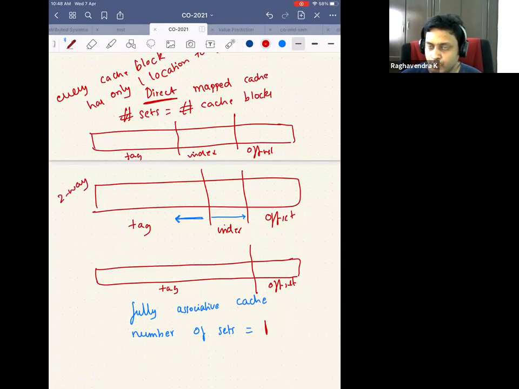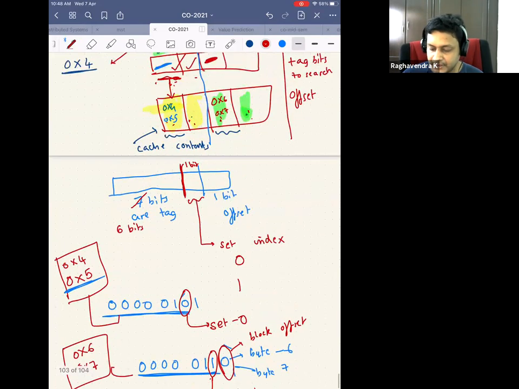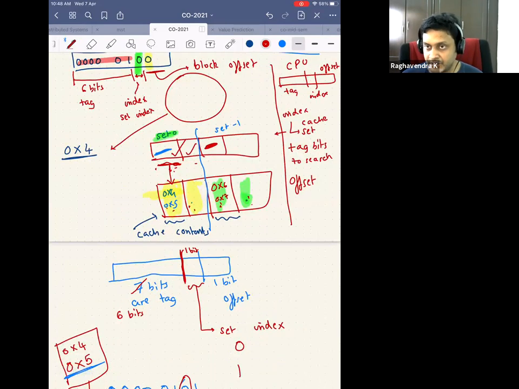Similarly, there is 4-way associative cache, 8-way associative cache, 16-way associative cache, and so on. In your system, generally, there will be 16-way associative cache to direct map caches. Last level of cache will be a 16-way or 8-way associative cache. Of course, if you haven't understood this, it's okay, because I was running through, but we will revisit it again. But I hope you at least understood till here. So what is this tag? What is this index? What is this offset?